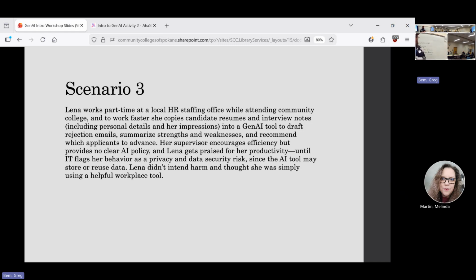Her supervisor encourages efficiency but provides no clear AI policy, and Lena gets praised for her productivity until IT flags her behavior as a privacy and data security risk, since the AI tool may store or reuse data. Lena didn't intend harm and thought she was simply using a helpful workplace tool.